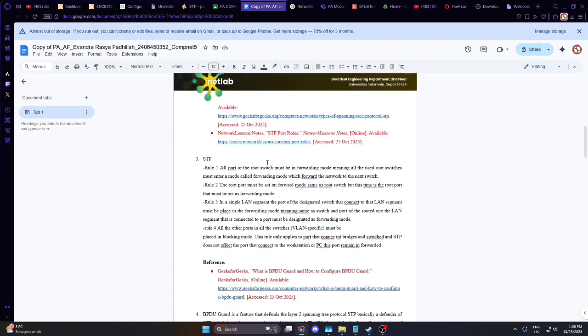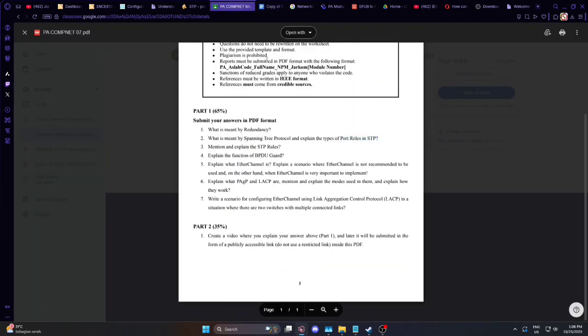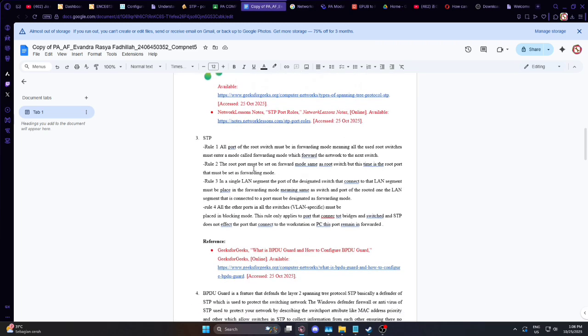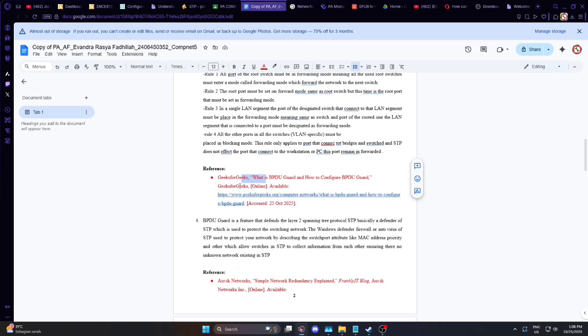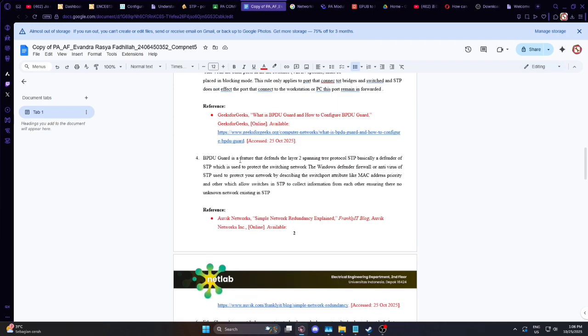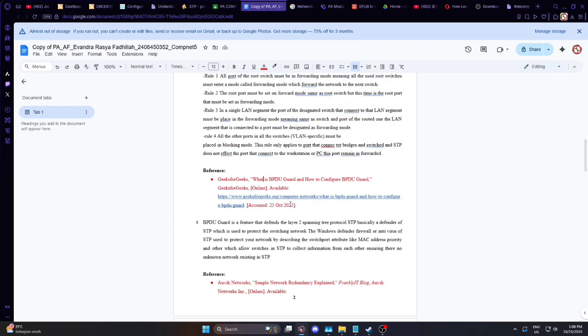Next is the STP rules. This one is quite interesting, as there is no website that talks about the rules, but rather a PDF that talks about them. It's a Cisco PDF, so I assume it's the same. Anyway, I might have accidentally replaced something. I will fix that later in the references and put the PDF link in. In any case, let's get to it. There's some error, but it's fine, I can fix it.